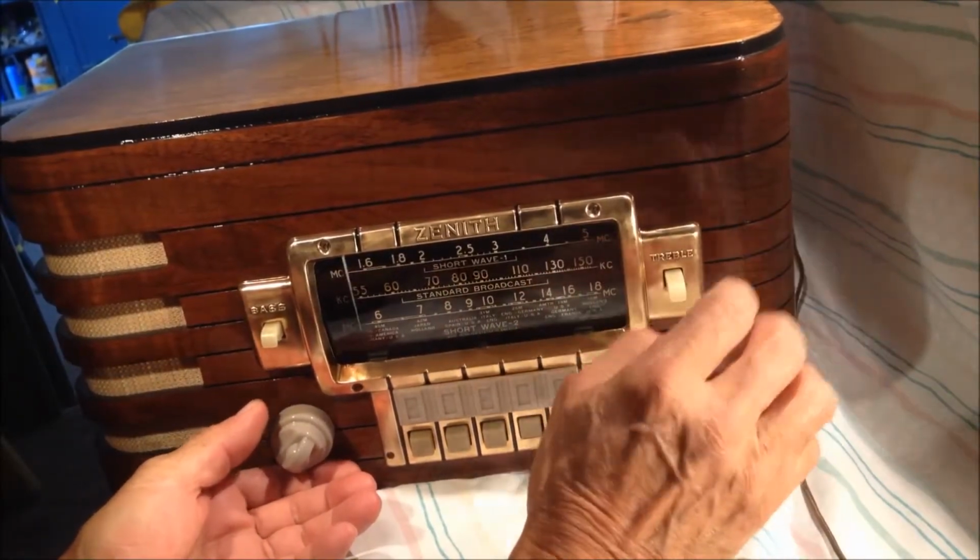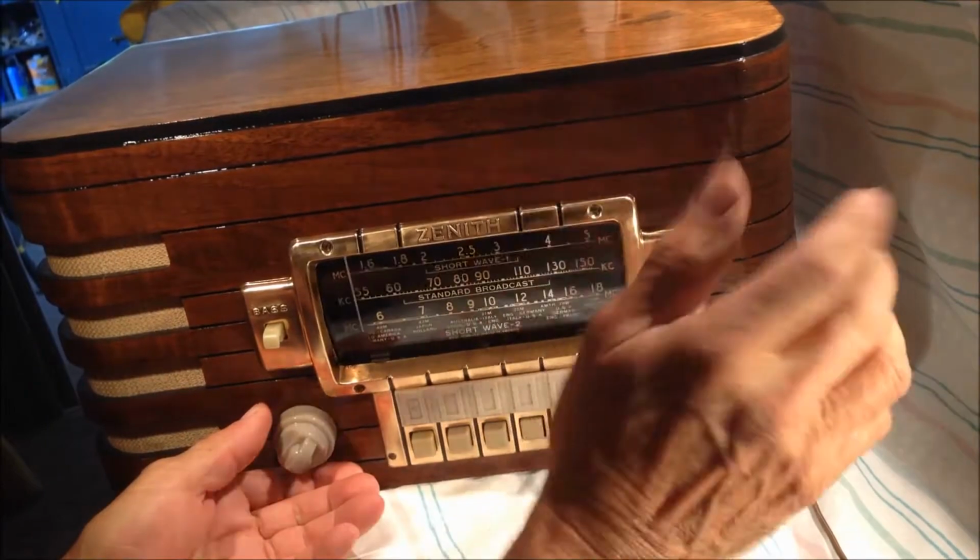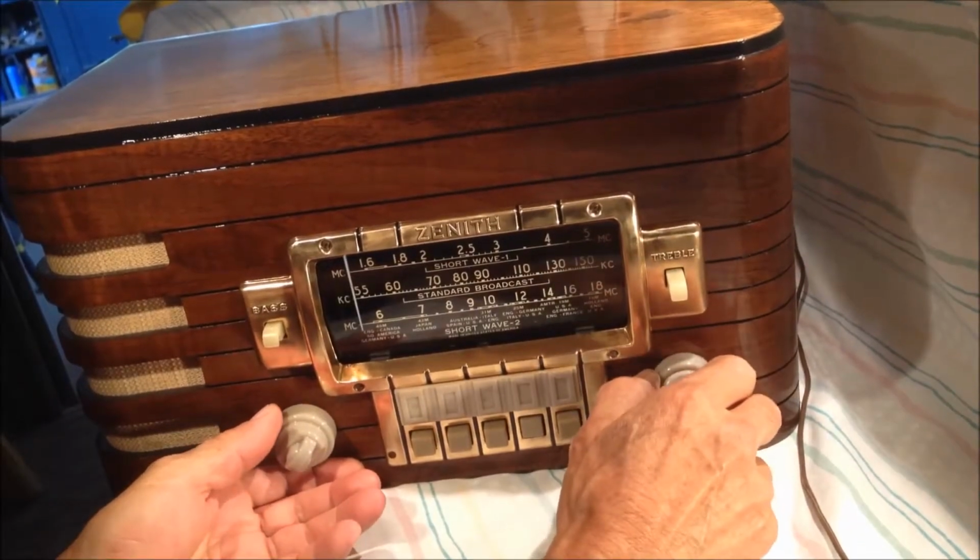The police band, what they refer to as police band, but it's